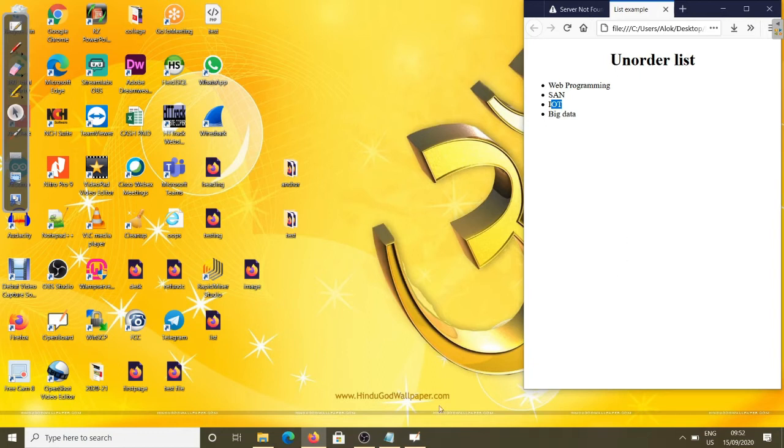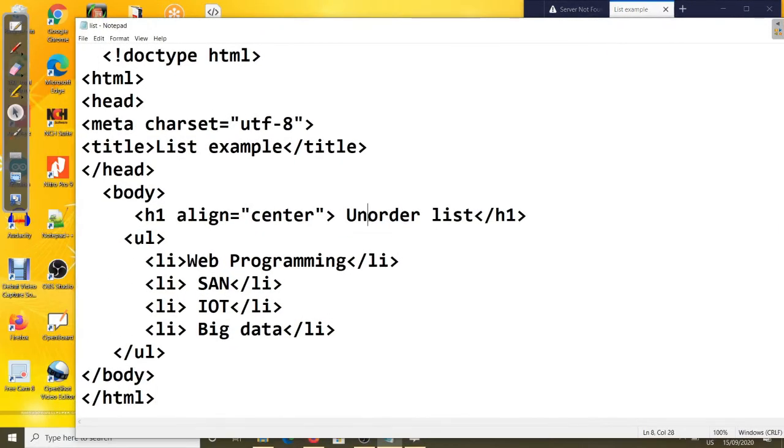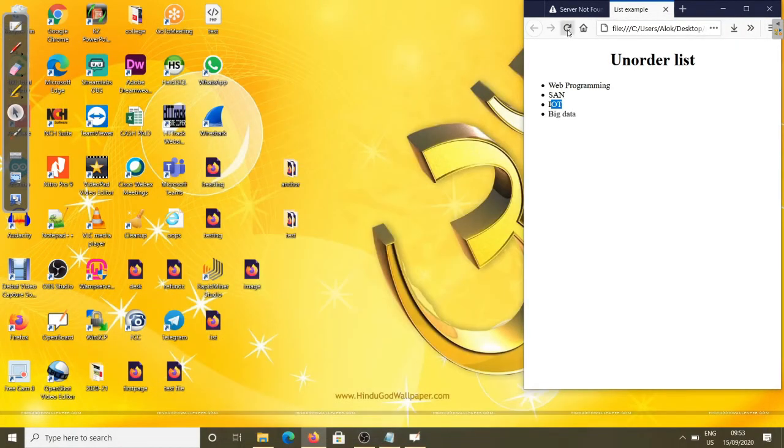Okay, same code I will apply and will go for the ordered list. So just you change to ordered list, everything is the same, only at the place of the ul we can write the ol. Here ol and here again ol. Control S again, we can just refresh that page and we'll see.